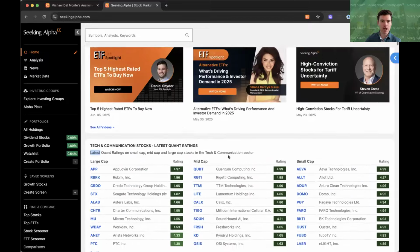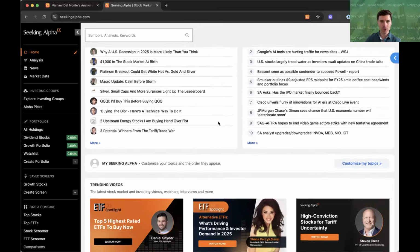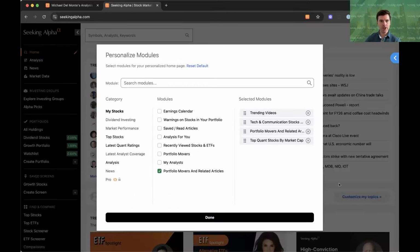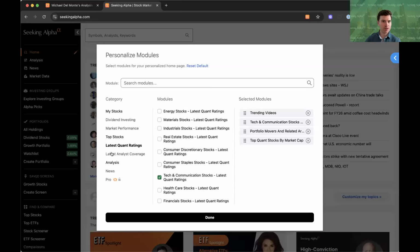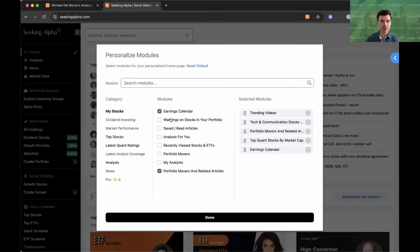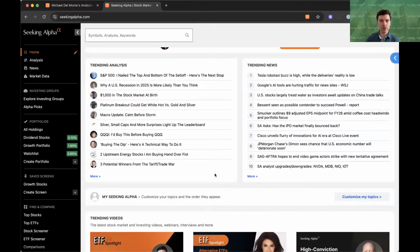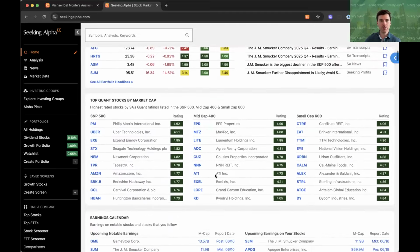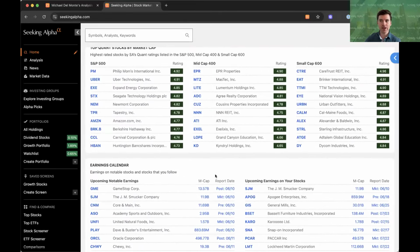And there's many more. If you click right here below trending analysis and trending news on customize my topics, you'll see all these different categories that we have to pick from. And there's basically over 50 homepage cards that you can choose from if you're interested in them. You can just check them as modules here and you'll click done. And those will then show up on your homepage. And so every time you come back here, you'll be able to see those bite-sized pieces of value